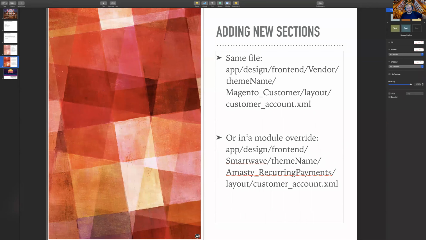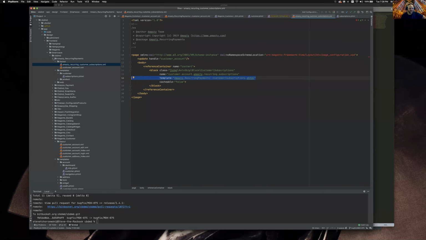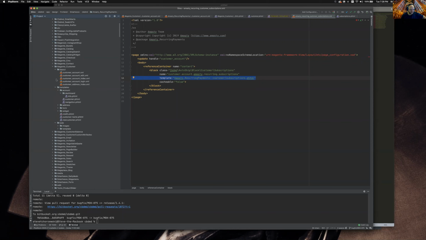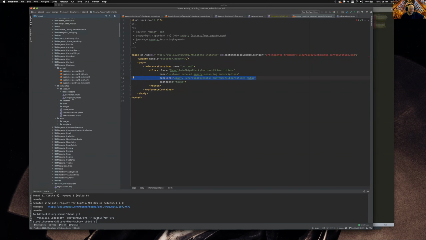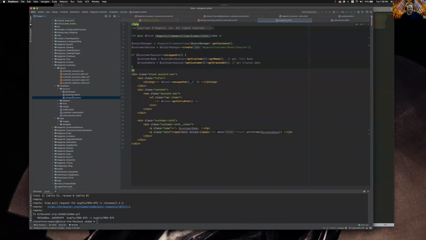And yeah, the same thing for a module override. Adding a new section is very similar. Let me just show a couple more things before we wrap up. You can see inside of customer account, there's quite a few things, and anytime you override one,